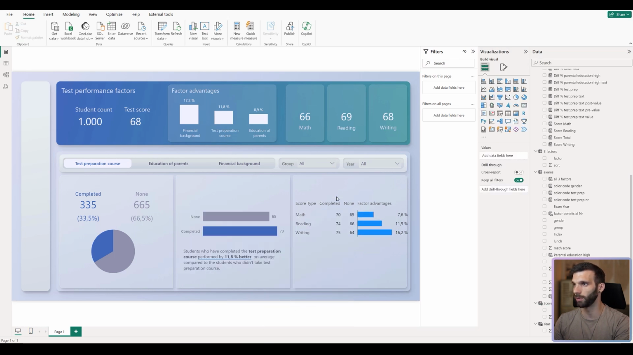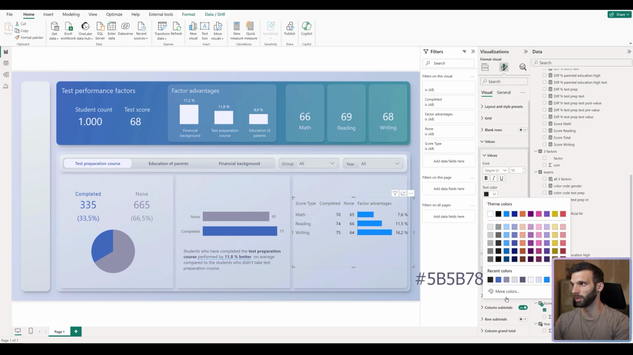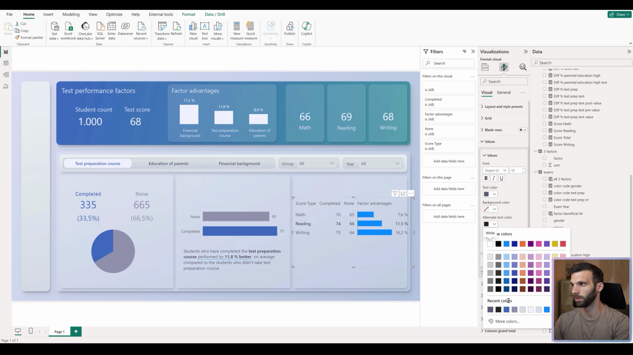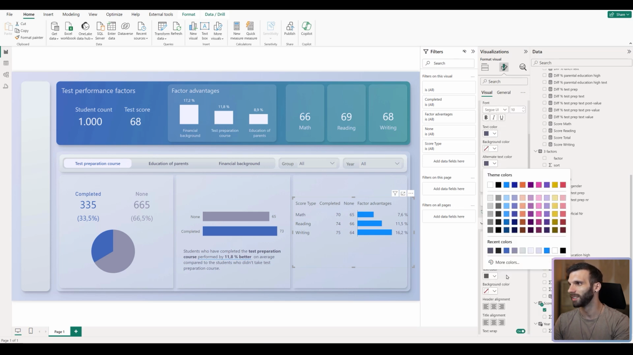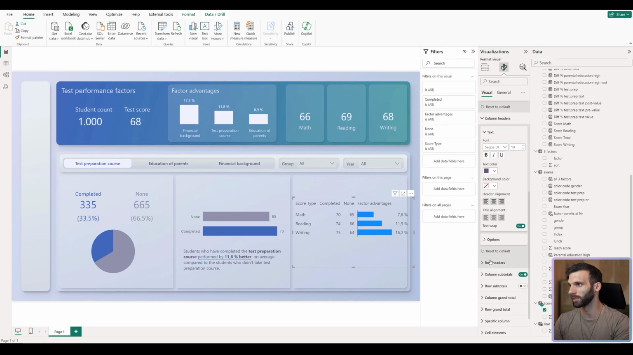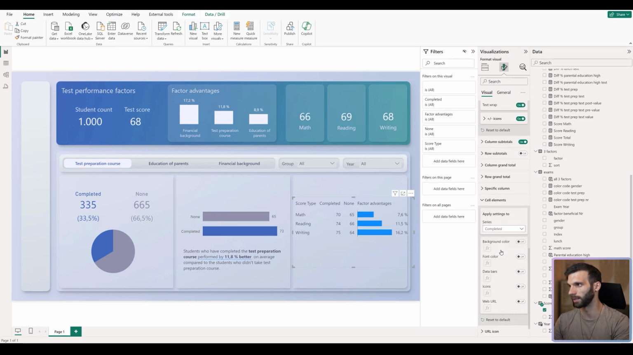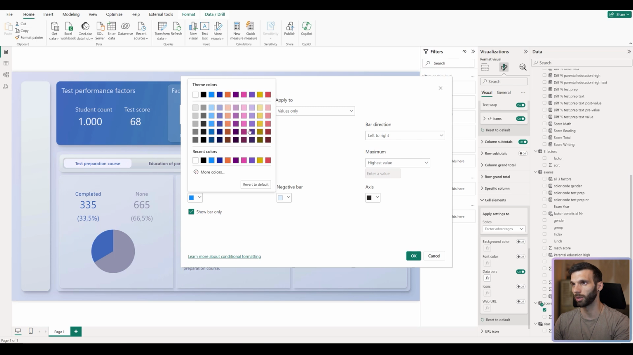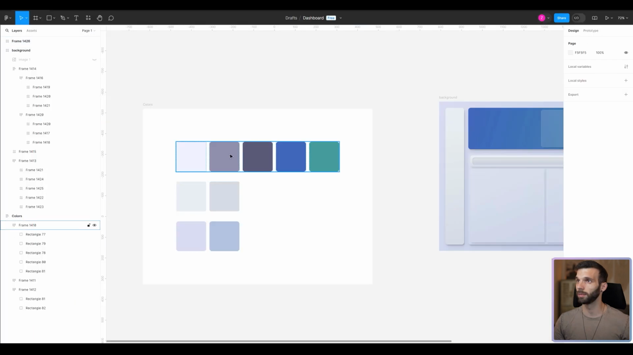In the last section, we also change the colors. All the text is going to be this darker blue. I call it blue, but maybe it's purple. I don't know. Also for the headers, column headers, same for row headers. And for the bars in the factor advantages, open the cell elements, select factor advantages, open the data bars. And the bar color is going to be this lighter text color, this one here. So I just copy paste it